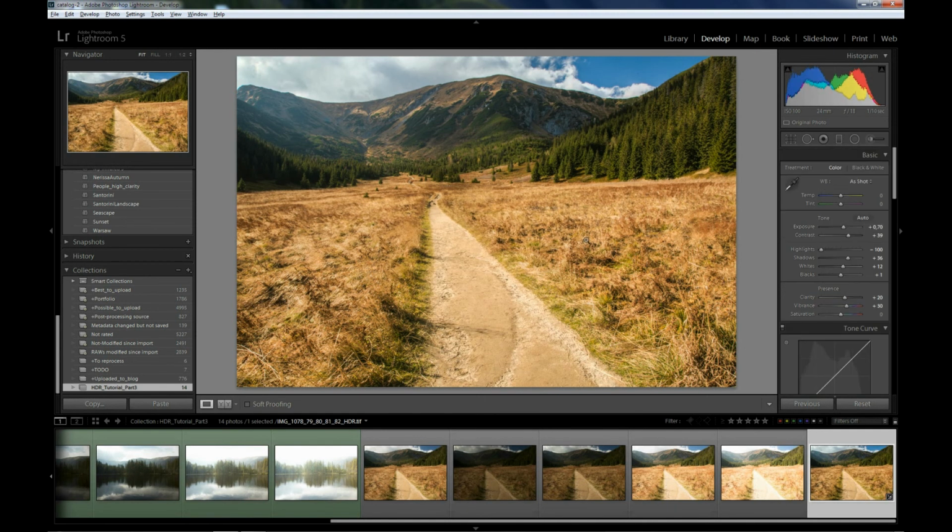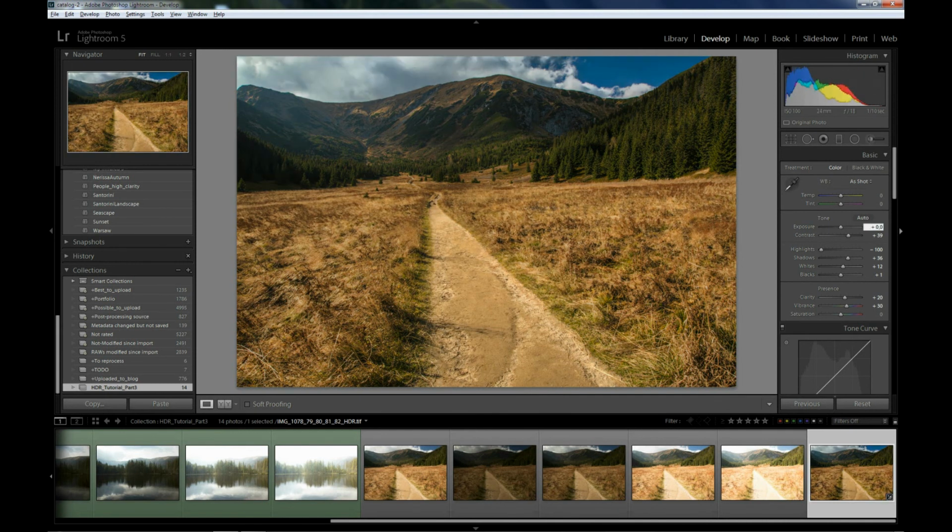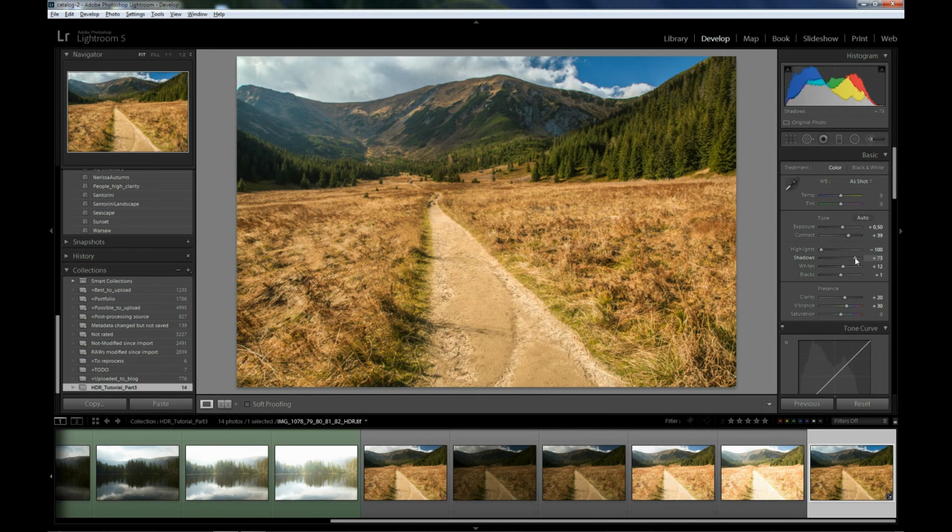Okay, I will decrease exposure still because the path is still a bit too bright, so I will use exposure of plus 0.5 and I will brighten the shadows instead. Okay,